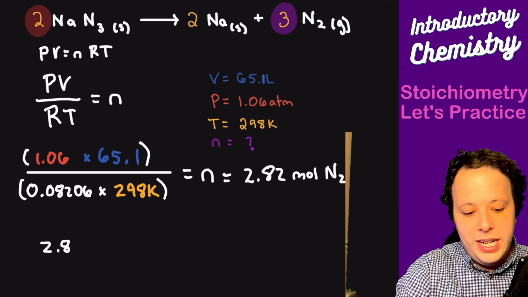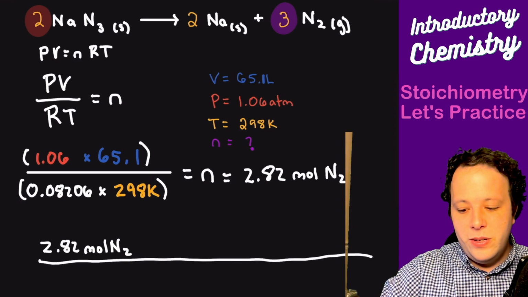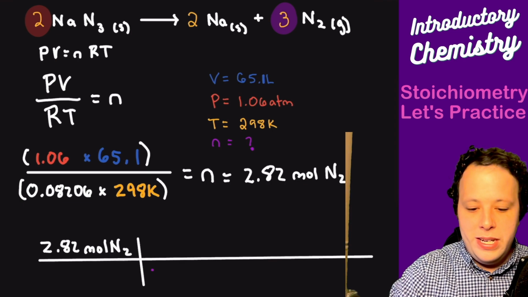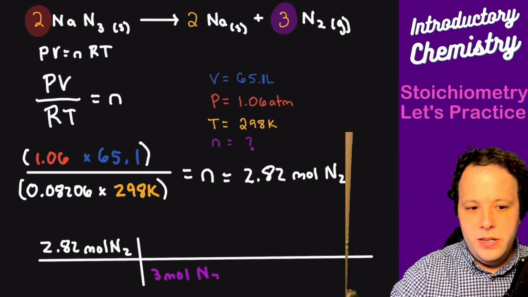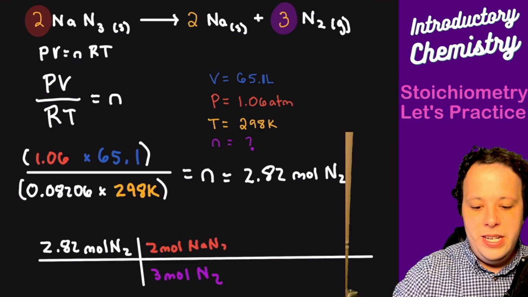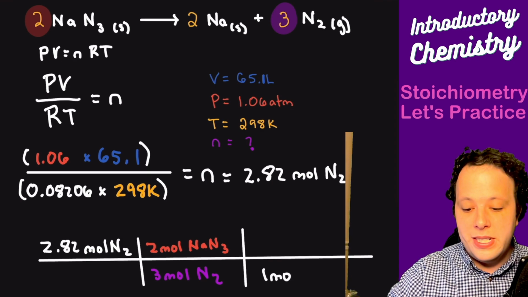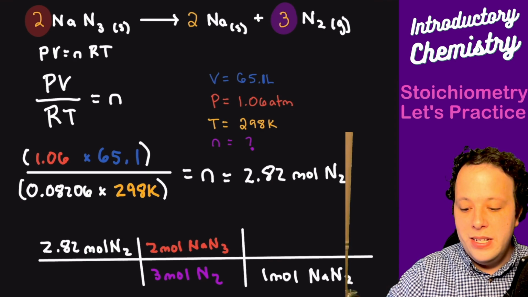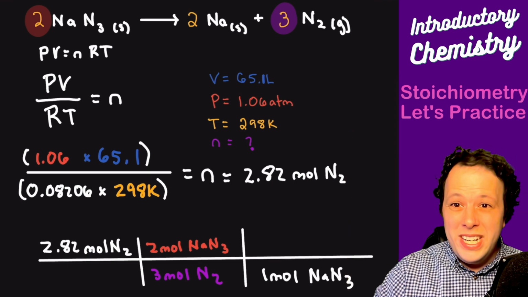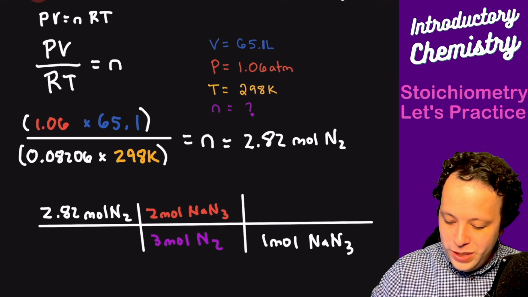So we have 2.82 moles of N2 and we're going to convert that all the way to moles and then to grams in the very end. So we have 3 moles of N2 is equivalent to 2 moles of NaN3. And now in order to get this to mass, we got to use the molar mass. So 1 mole of NaN3, we'll take sodium, add that to essentially 3 nitrogens. So by adding those two components together, once we do that, we'll have